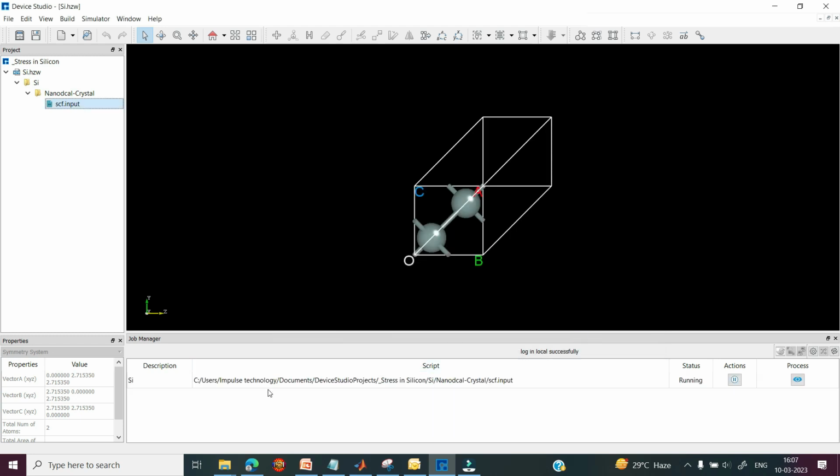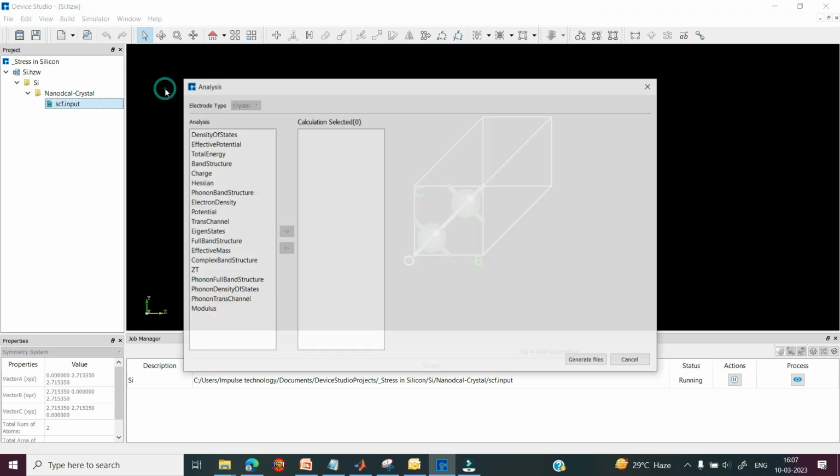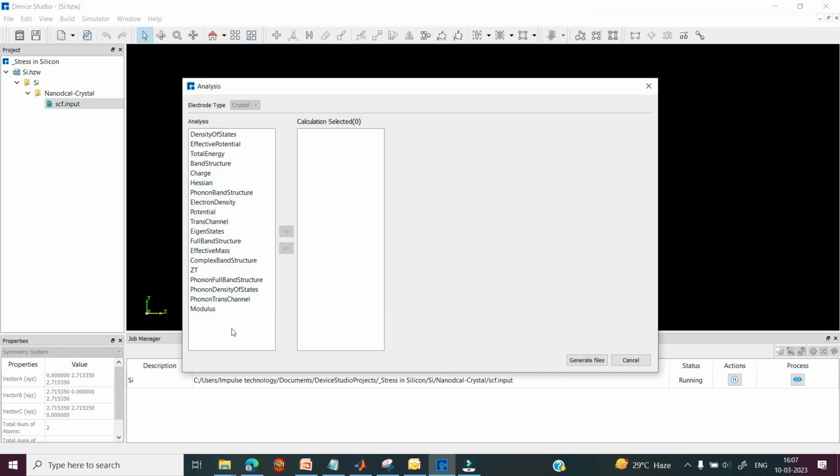At the bottom of the page you can see the Job Manager, where the scf.input file is in the running condition. In the meantime you can select the Simulator, go to Nanodcal, select Analysis, and this shows the analysis parameters related to this structure. As per your need you can select the parameter, and then click on Generate File.